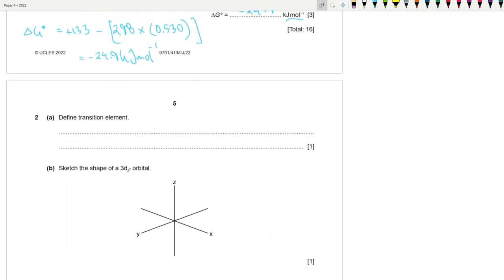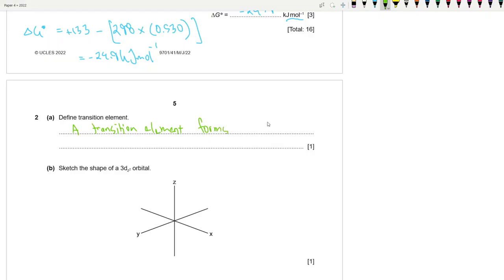So for question number 2, they want us to define a transition element. So what is a transition element? It is basically a D block element. Okay, a transition element is a D block element